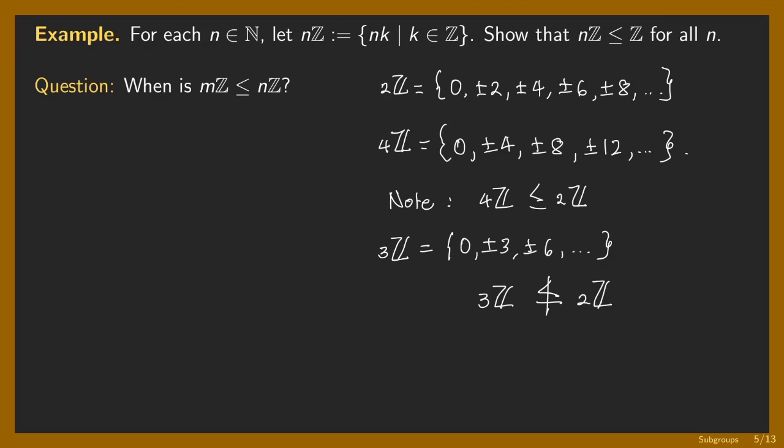So what is the answer to that question? So actually, the answer to this question is, it should be the case that n must divide m, or m must be divisible by n, because if m is divisible by n, then all the multiples of m will also be multiples of n. So that's the logic. I want you to verify this, because I want you to remember this fact, because this fact is frequently used in this course.